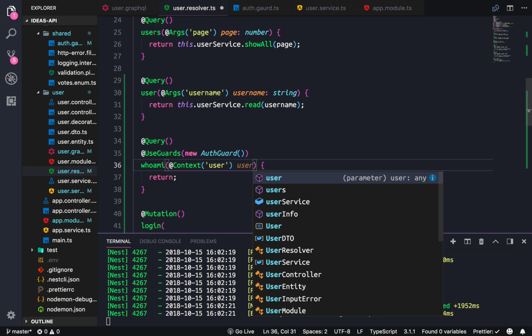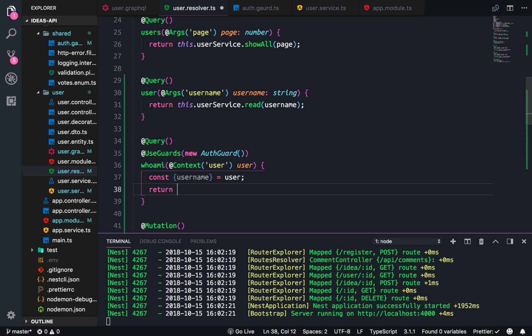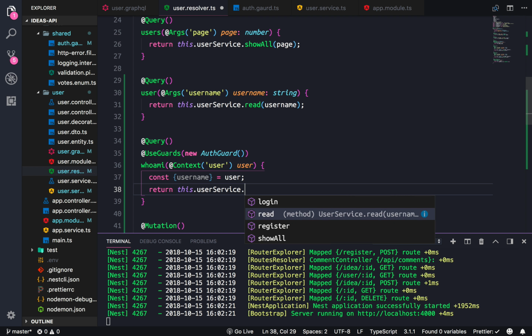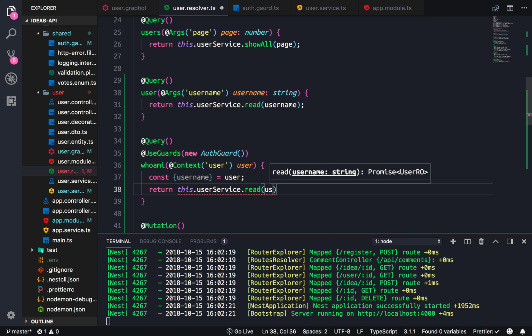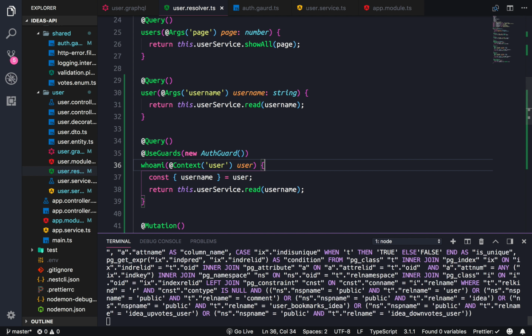And we're just going to do user and destructure the username from the user object. Then this.userService.read(username). All right. So once this goes, okay,